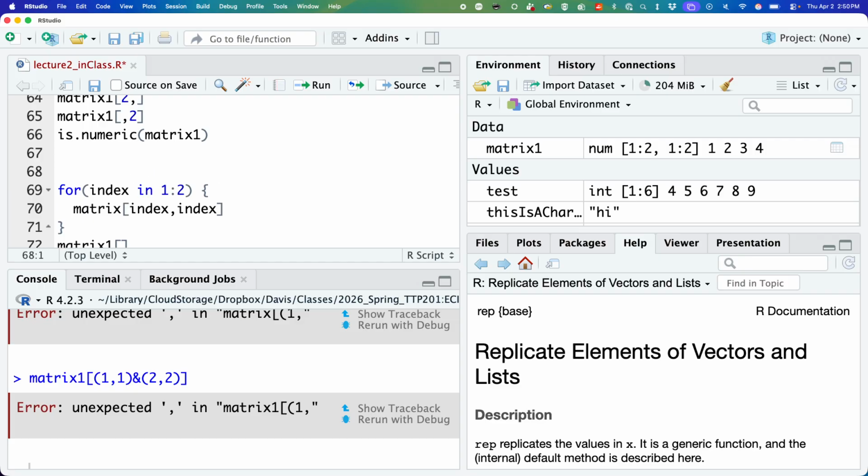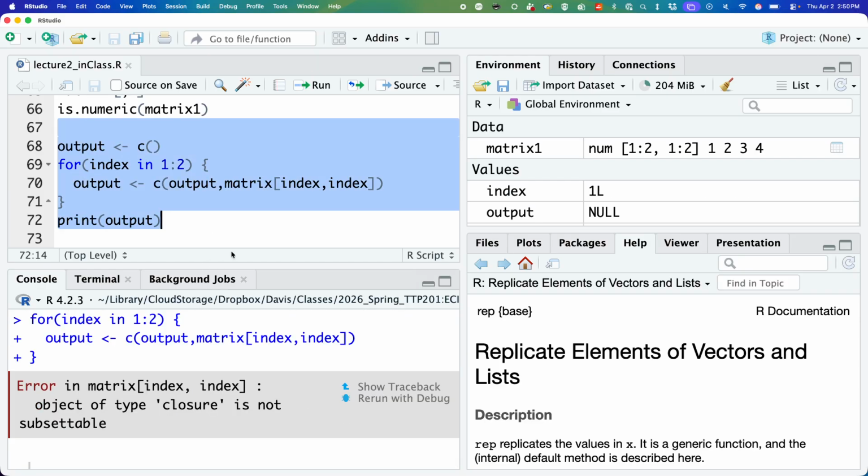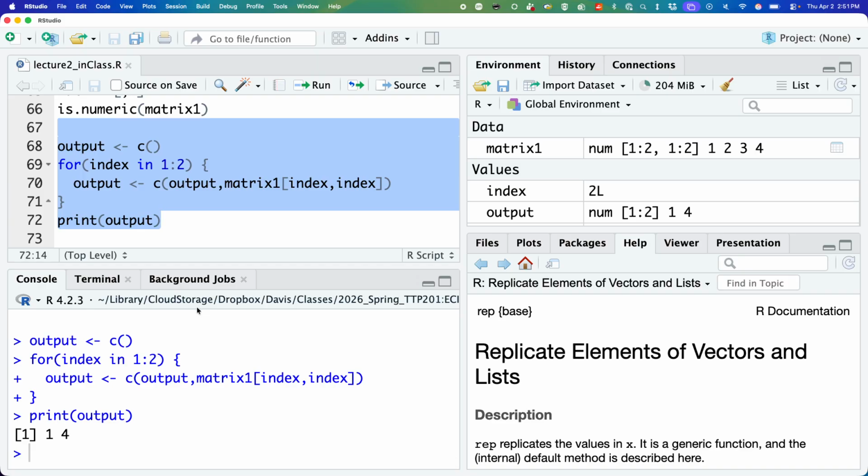Yeah, this only works in a very specific case, obviously. But oh, yes, thank you. Yay, 1 and 4. Okay, so this is really a cop out, but actually the bigger lesson here is